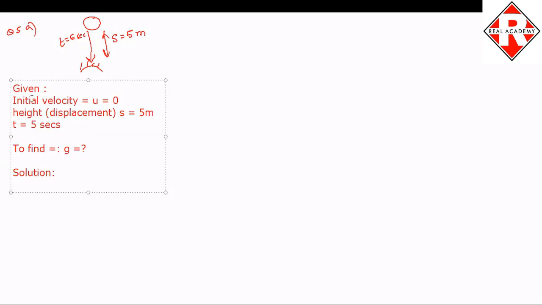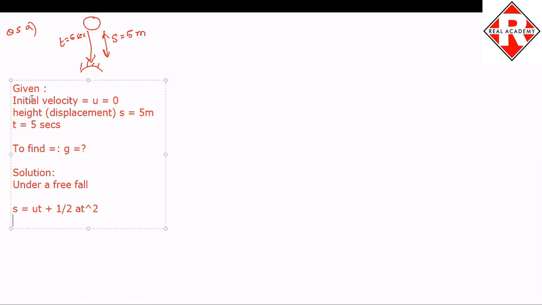For that we are first assuming that the object is under a free fall. Or if you're not even considering this, we know the kinematical equations. So which of the three kinematical equations can we use? Right now we have u, we have s and we have t. So can we use s equals ut plus half at square? So this is the formula that I will use.